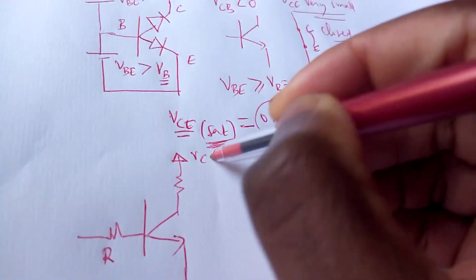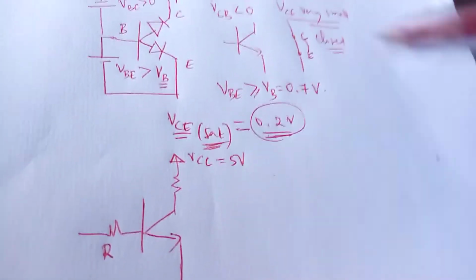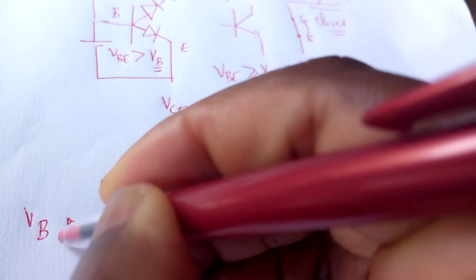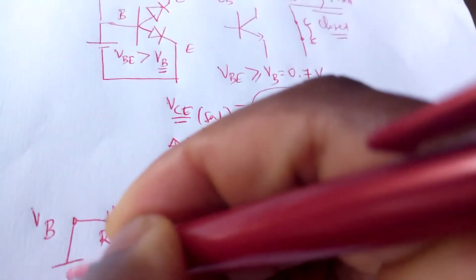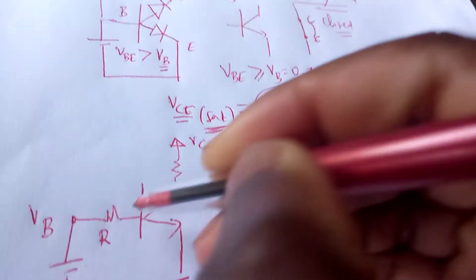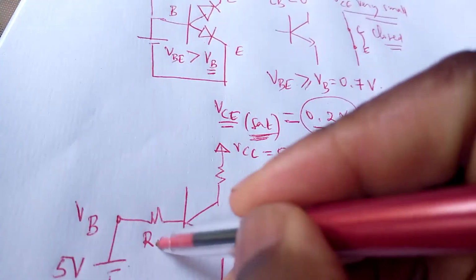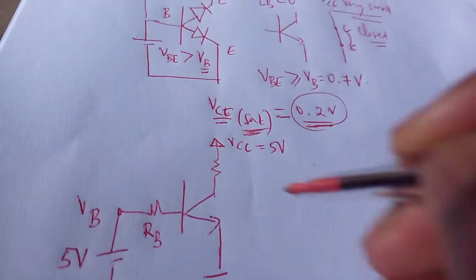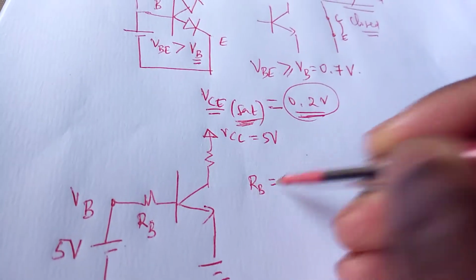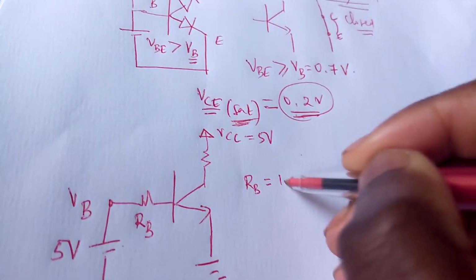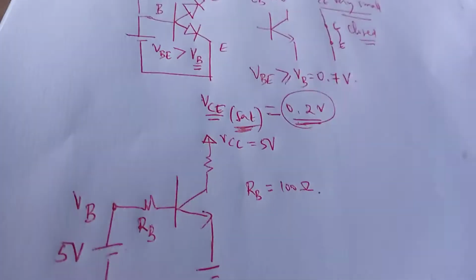We've got VCC here of 5 volt, and we've got a voltage VB that I can also represent this way, applied at the base of the transistor through a resistor, and this voltage happens to be 5 volt as well, for instance. Let's say this resistor here is the base resistor RB, and let's just say for now